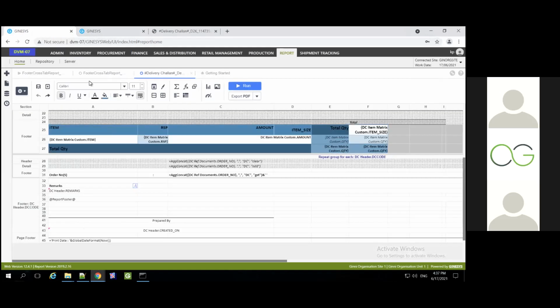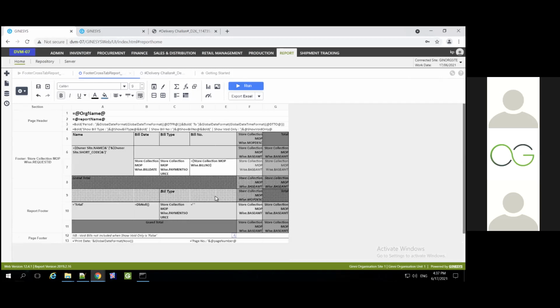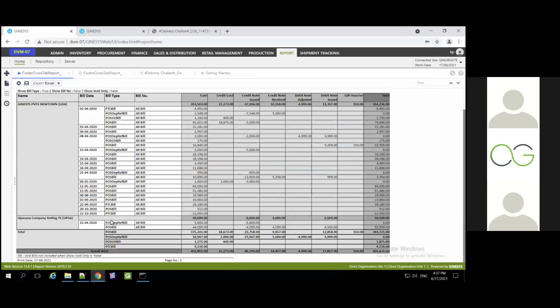So in a cross tab, you want to provide this information as per the design. Sorry, where was it? Yeah. So as per the design, you want to do it for the various MOP types, right? You want to have different ones. That is why you would probably use a cross tab instead of a normal footer. So again, going back to the output, this section right at the bottom here is the report footer cross tab. For all my bill types and all my MOP types, I am getting a total, a grand total basically, right?